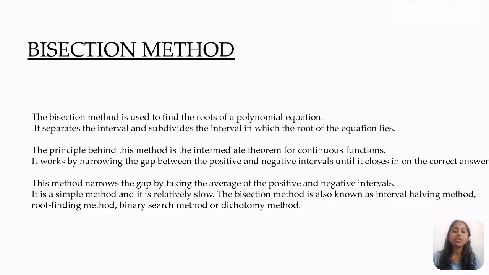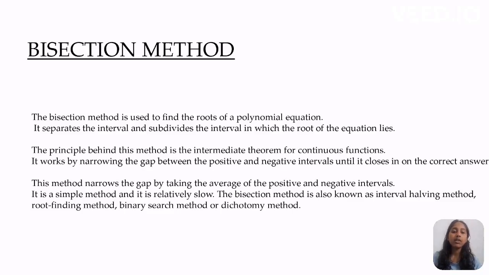Bisection method: the bisection method is used to find the roots of the polynomial equation. It separates the interval and subdivides the intervals in which the roots of the equation lie. The principle behind this method is the intermediate value theorem for continuous functions. It works by narrowing the gap between the positive and negative intervals until it closes in on the correct